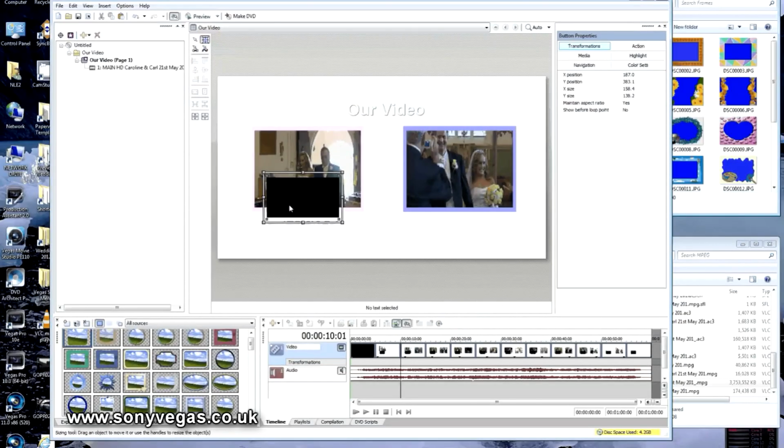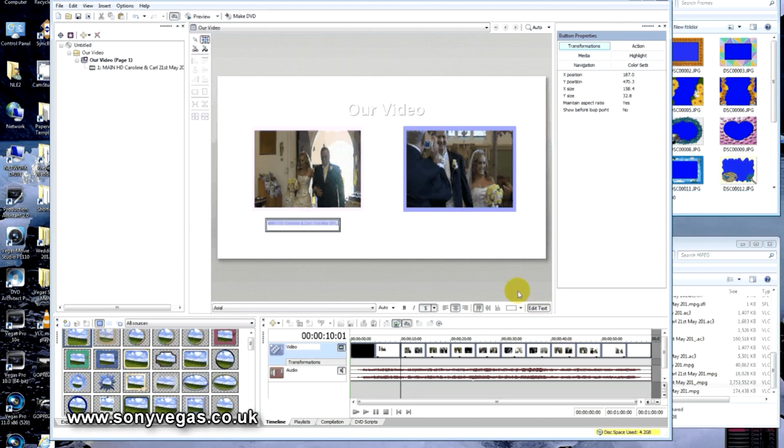So we'll just delete the actual image on there, just be left with the text. So the text will still link to that video, even though there's no image there. And again, we can press the edit text or F2 and type in main video. And we can line this up so it's there to the left and drag it across. Remember, because it's on auto, it'll automatically size the